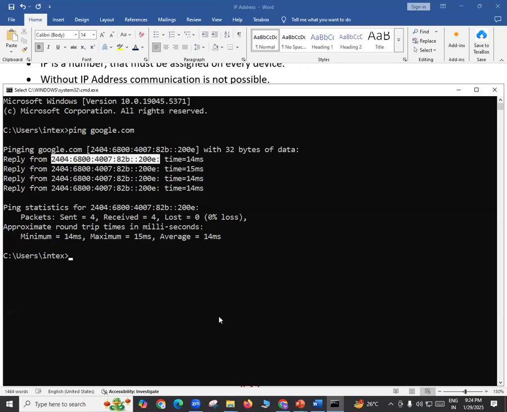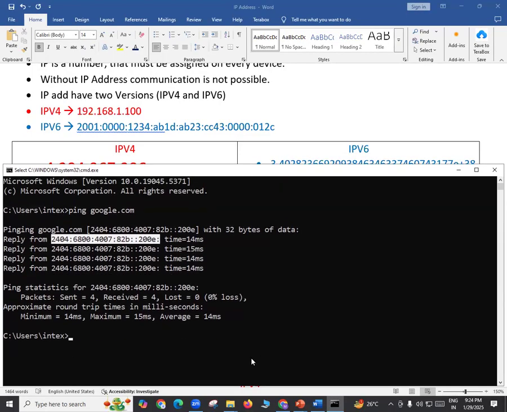Okay, this is your IP version 6 number. Now, when you see the design here, in this IP version 6, in my document, there are 1, 2, 3, 4, 5, 6, 7, 8. There are totally 8 groups. But here, how many groups you can see? 1, 2, 3, 4, 5. There are only 5 groups. So how is that possible?